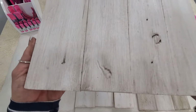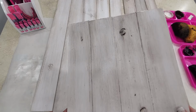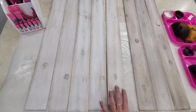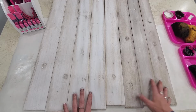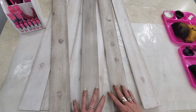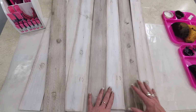I want to let you get a kind of a pretty fun look at this. Very neutral. Little bit of gray, little bit of brown. Lots of tone and texture to this. This is just a slightly darker version. You can see they look beautiful together. These do have a gray tone to them, slightly. However,